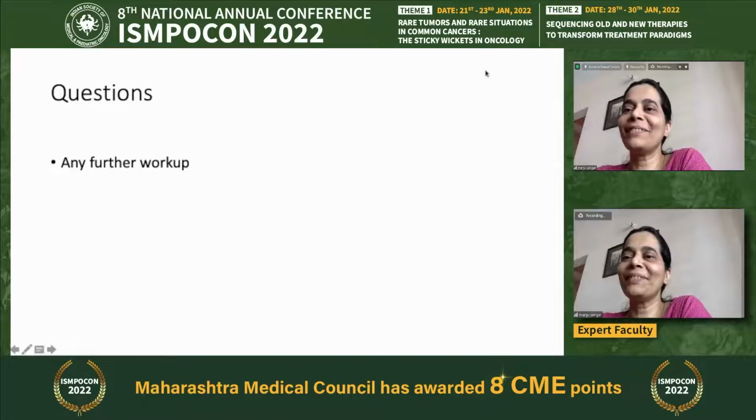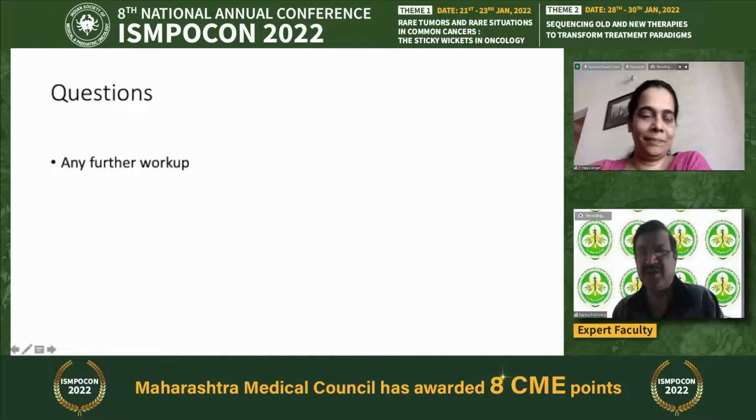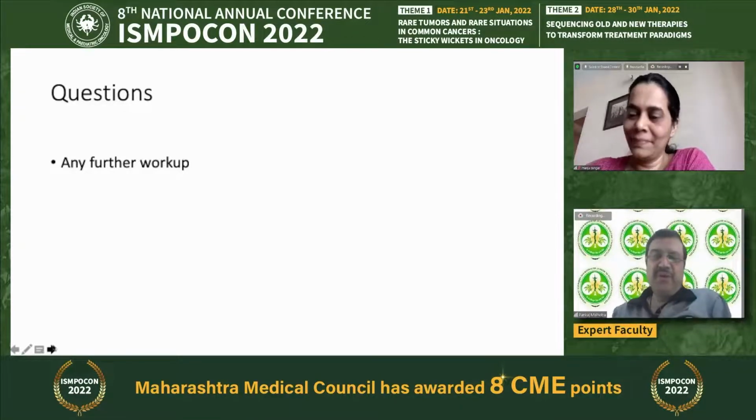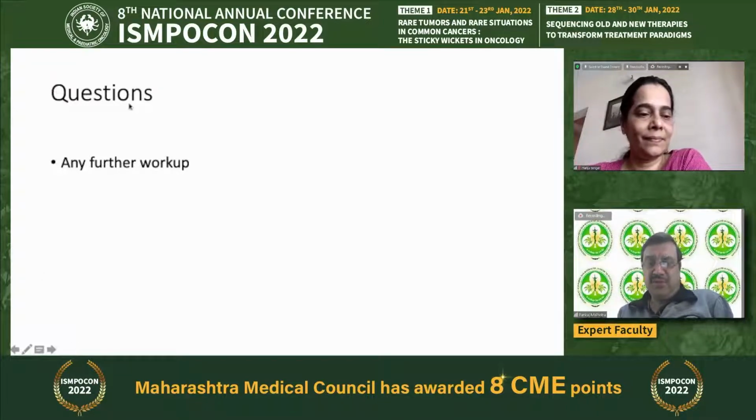Is Dr. Pankaj around? I think generally in the first patient also there was an albumin globulin ratio which was altered. So here also it is altered. So it is a good idea to do a serum protein electrophoresis, immunofixation, and immunoglobulin levels in these patients. Although your therapy may not change very much, but